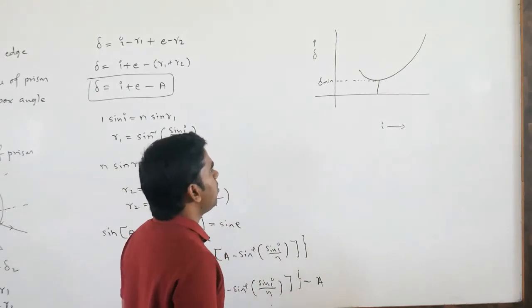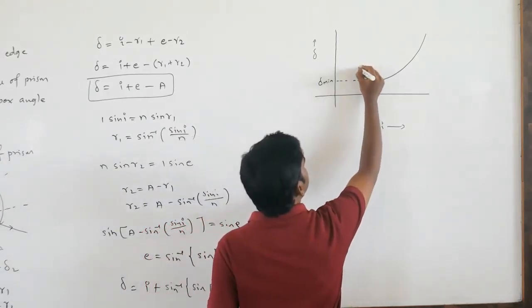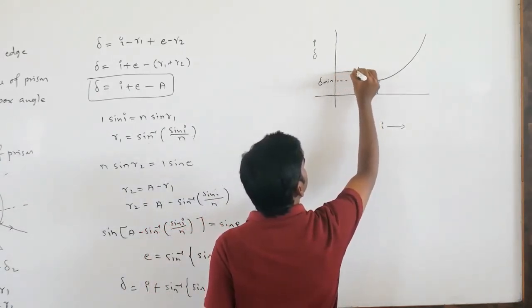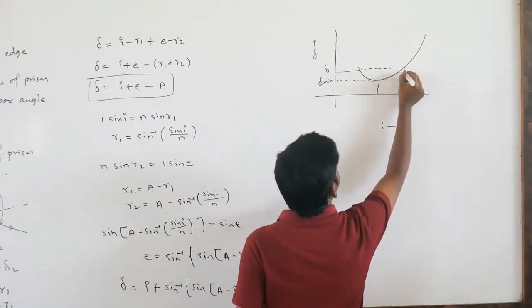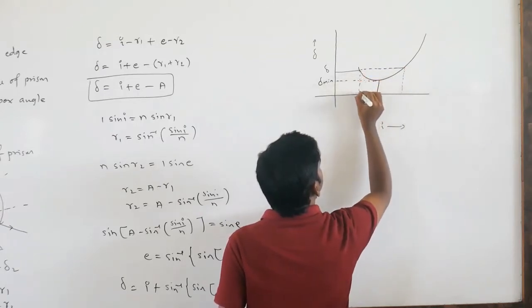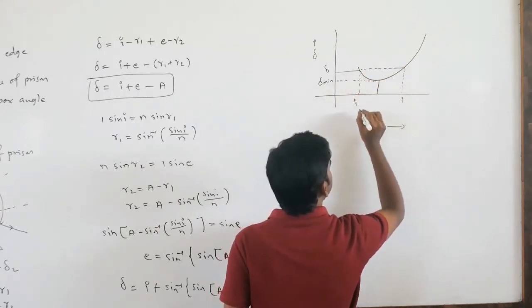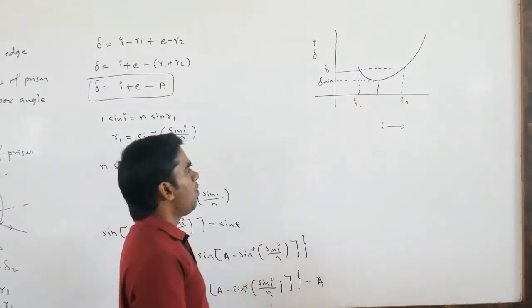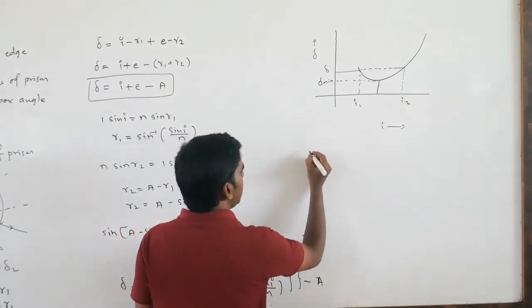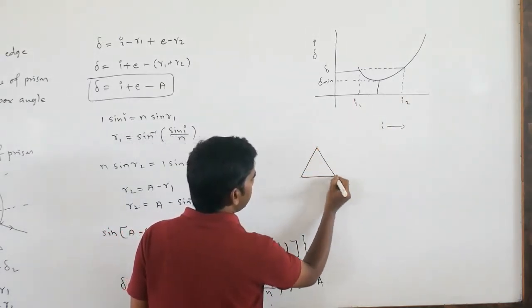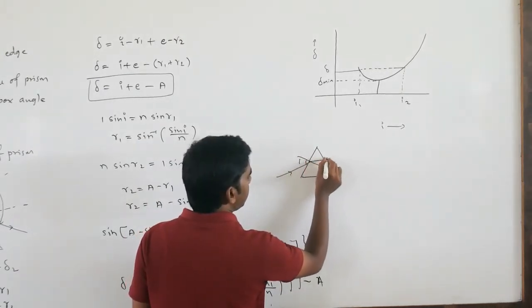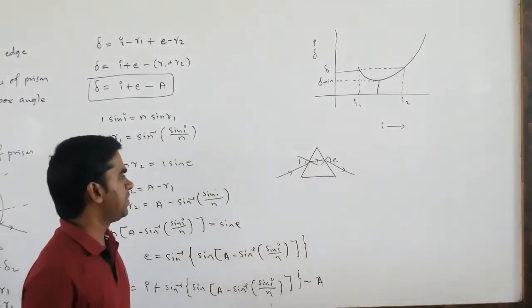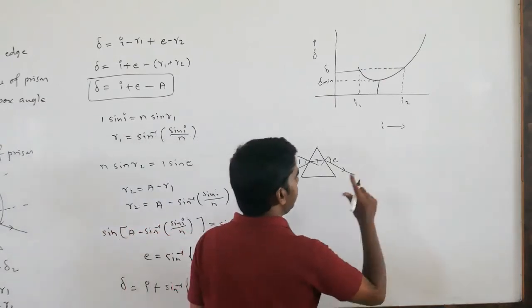Okay, but one more very important thing here is, if you take some deviation delta here, for a single value of delta, you are going to get two angles of incidence, I1 and I2. Why is it so? Because if you have the prism, a ray of light goes from here, this is I, after that it comes out on this side, so this is the angle of emergence E. Now if you exchange I and E,